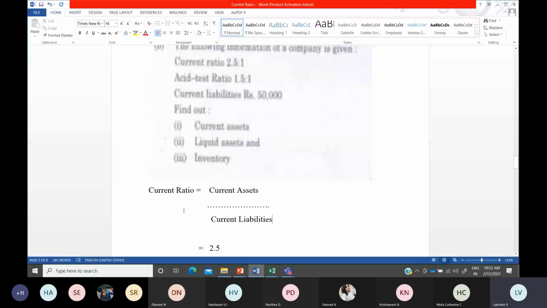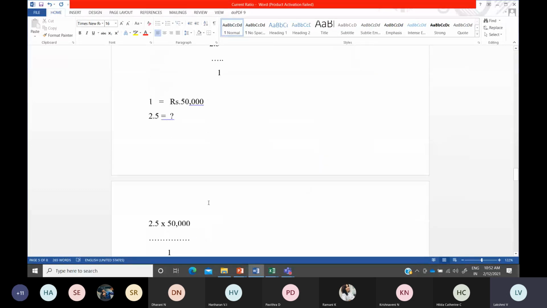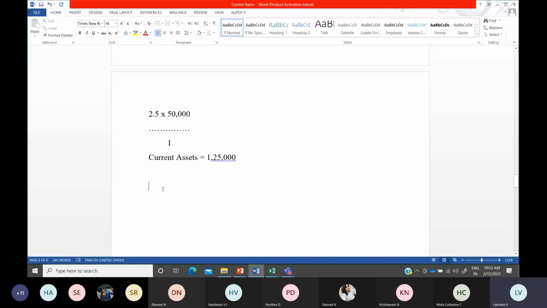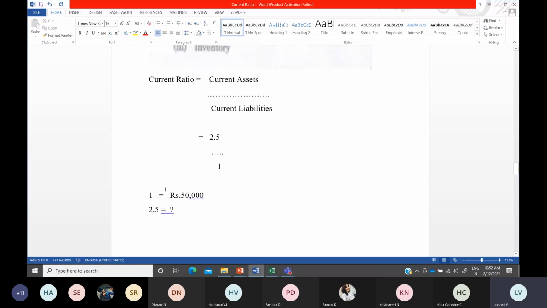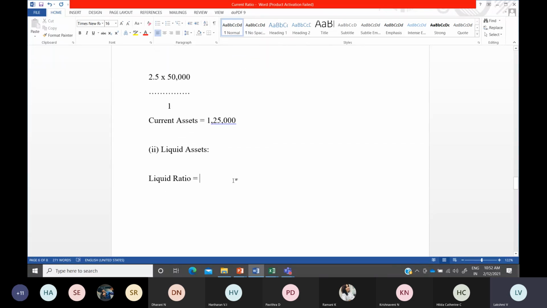Others? Okay. So next, liquid assets, we want to find out. You have to mention the subdivision here. I'm not mentioning anything, so it is better to mention. Calculation of liquid assets, anything you can mention. I want to calculate liquid assets, for which the liquid ratio is given in the question. So what is the liquid ratio formula? Either quick assets or liquid assets divided by current liabilities. Liquid assets or quick assets, anything you can mention.